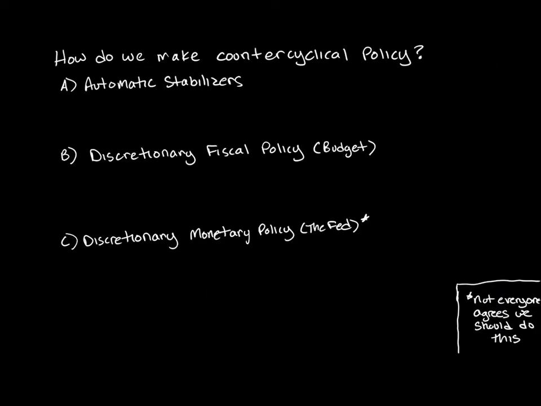So there are essentially three different ways that we go about making countercyclical policy. And all three of these should at least be somewhat familiar to the students at this point. None of these should be brand new to them at this juncture in the course. But you're going to want to go back over all these from scratch, maybe a little faster than you did the first time, because especially for fiscal policy,